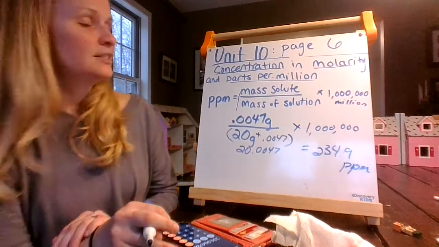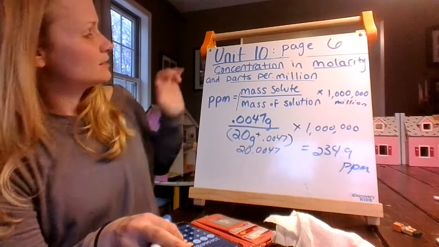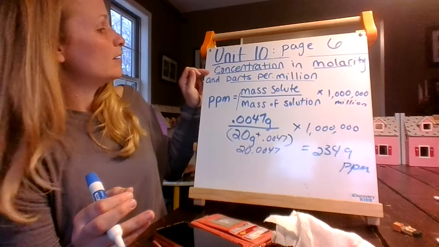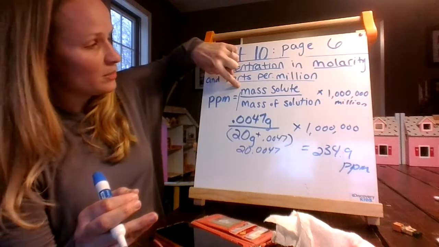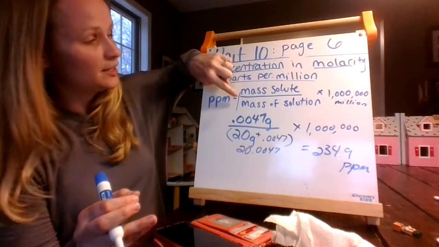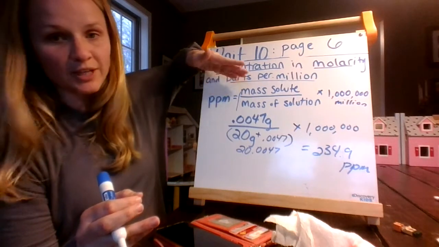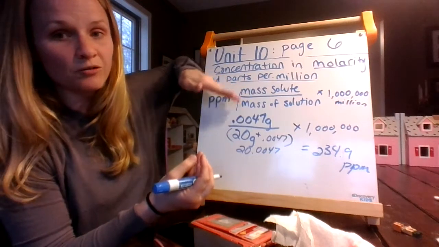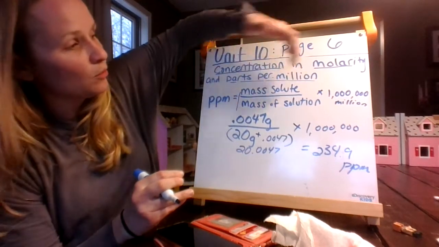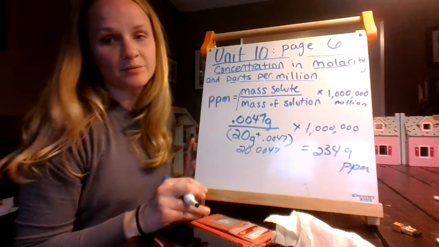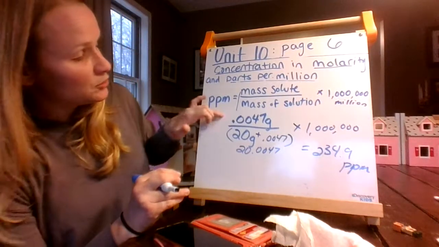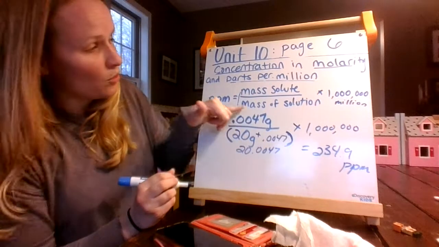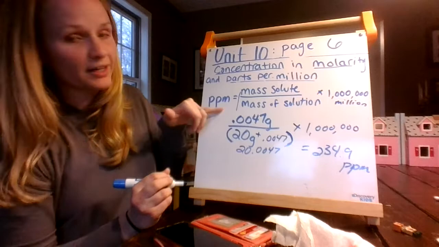All right, so that's how you do parts per million. It's telling you how concentrated a solution is, how strong is it, and you do it by how much solute is divided amongst how much solution, just like percent is how much of the one thing over the whole total thing, part over whole. This time it's times a million instead of times 100%. You just read the problem, plug in the numbers, make sure that the bottom includes the whole solution. It's not solute over solvent, it's solute over